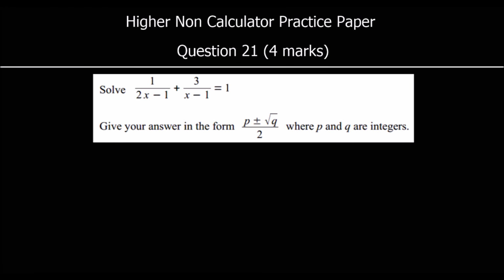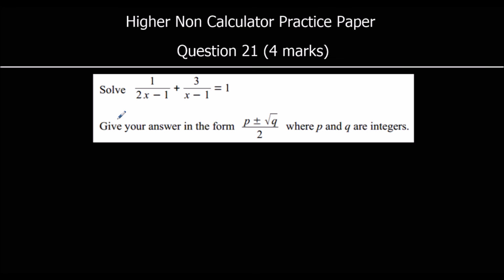Question 21. Solve 1 over 2x minus 1 plus 3 over x minus 1 equals 1, and give your answer in the form p plus or minus square root q over 2, where p and q are integers. So we have,